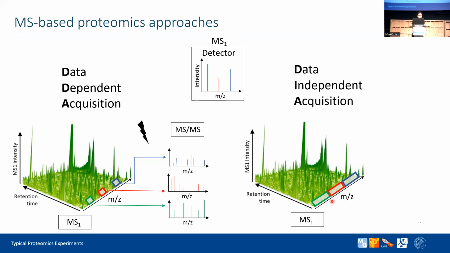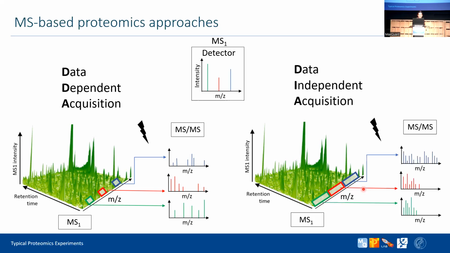For example, here I have 3 different windows of m over z ranges. Actually, you can have only one big window for the whole range, but you can cut the m over z axis in different ways. Here I have 3 consecutive windows, and for each one of the windows, I will fragment whatever is in it